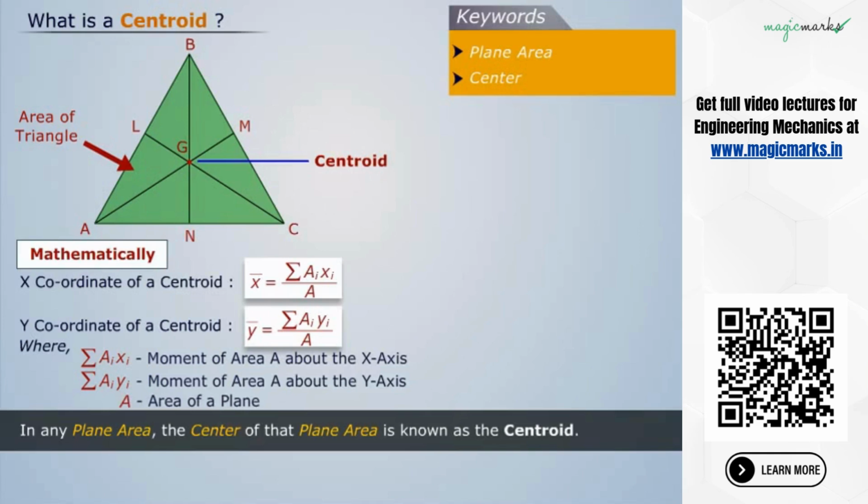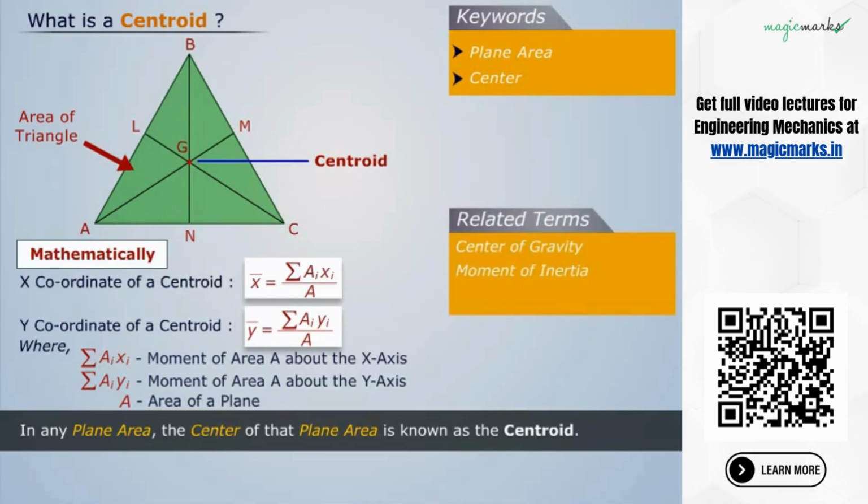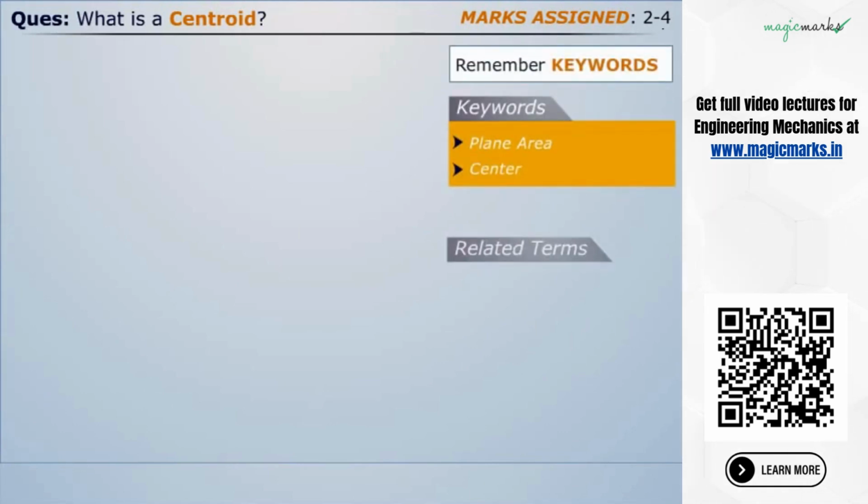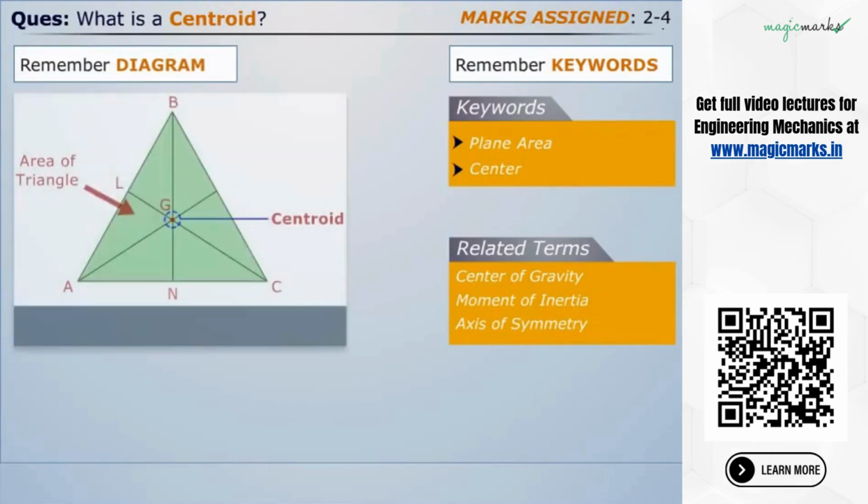The related terms are center of gravity, moment of inertia, and the axis of symmetry. Question. Remember keywords. Related terms are: remember diagram, remember definition,